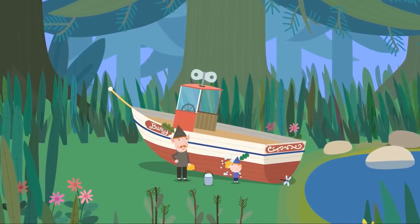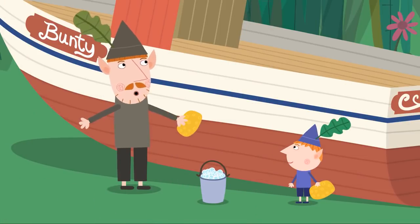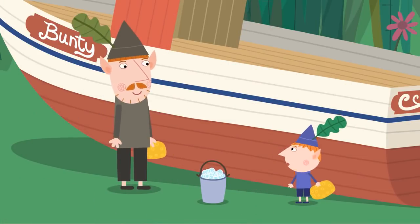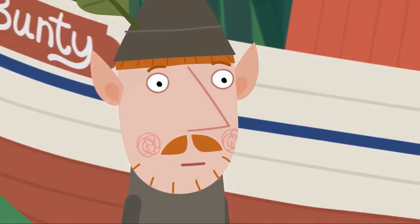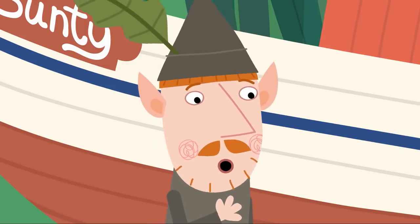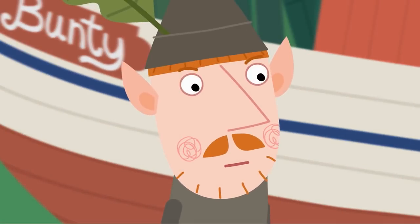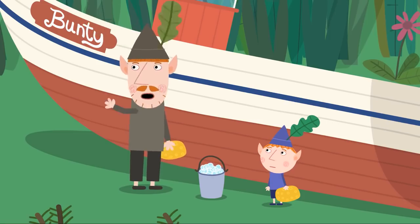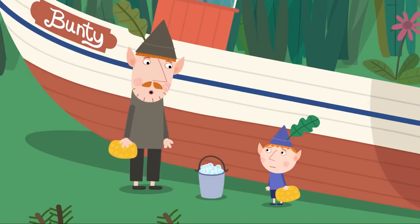It's time we put the boat away for the winter, Ben. I'm pleased Bunty has made it through the summer with no accidents. What kind of accidents? The kind where the boat gets eaten. Eaten? Yes. Have I never told you the story of Big Bad Barry, the fish? No. It was a dark and stormy night. I was sailing in my favourite boat when suddenly...